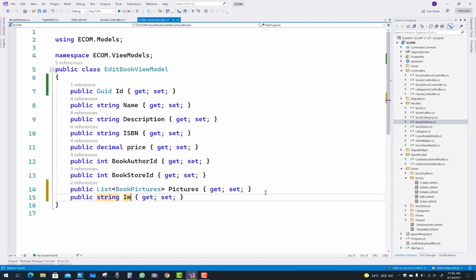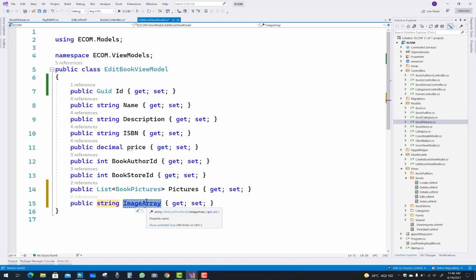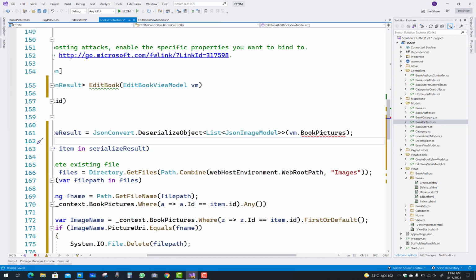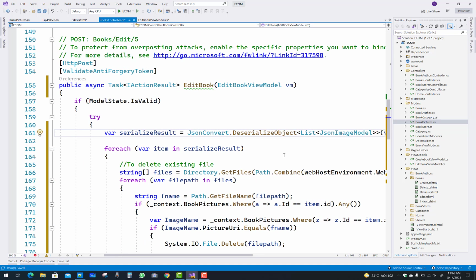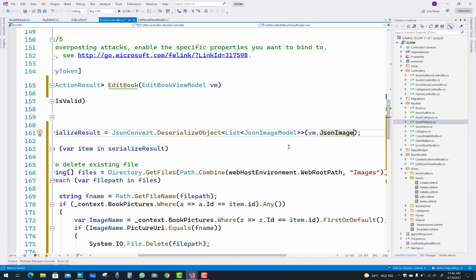Also add a single image array. After that you can add the JSON image as a string parameter, because only a single string item is picked in the deserialization form, and thus just convert it into the serialized object.